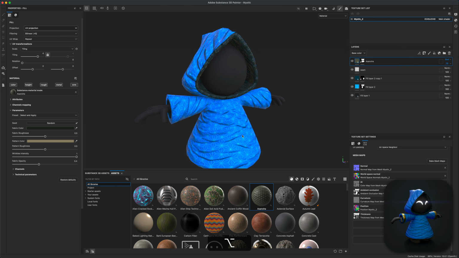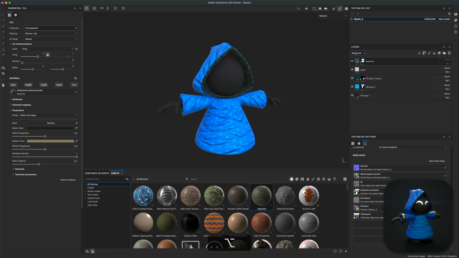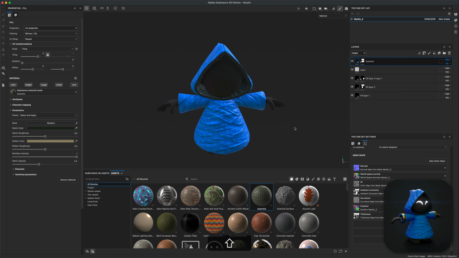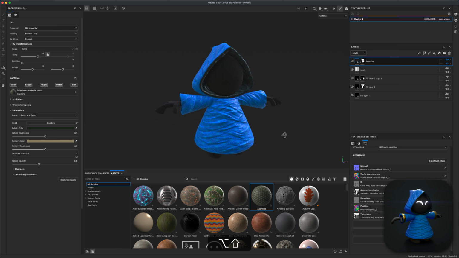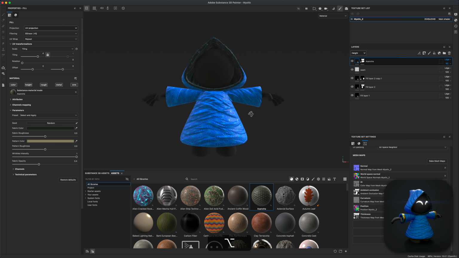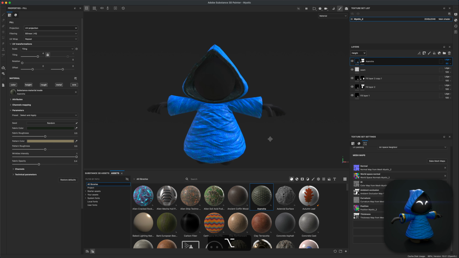If you wanted to adjust the folds strength, for example, we can always go to the height, and in here we can control the actual strength of the folds. Maybe 100 is a little too much. Let's just do something like 60. I think maybe that's a little bit better. Holding shift and right click, I can change the light, and I can figure out how it's looking at different lights. Let's go ahead and add maybe a little gold trim, and also I think this character needs some eyes, right? So for the gold trim,